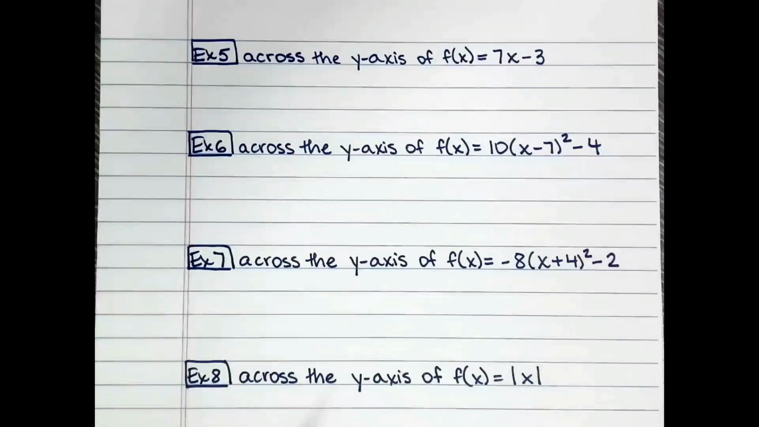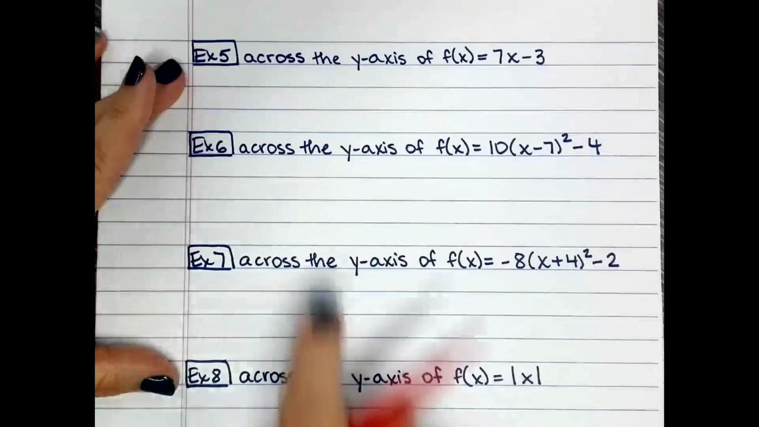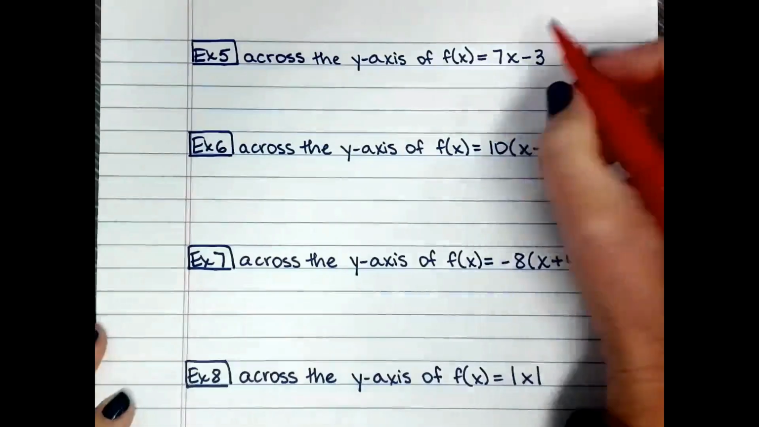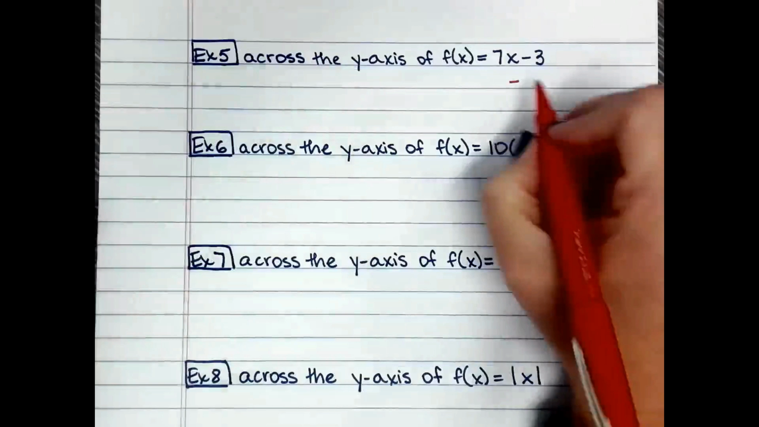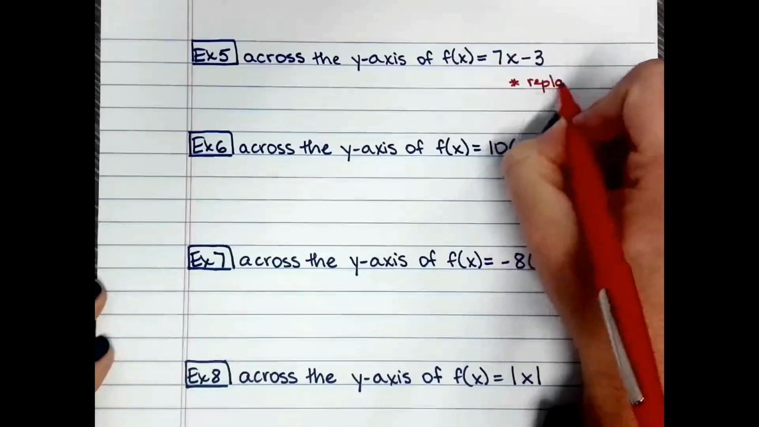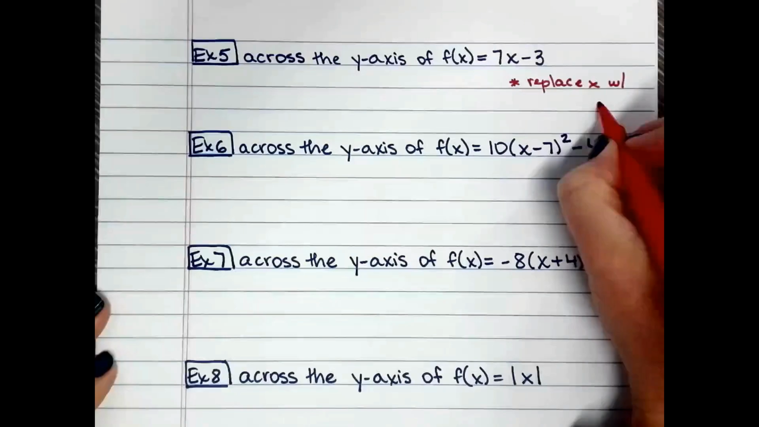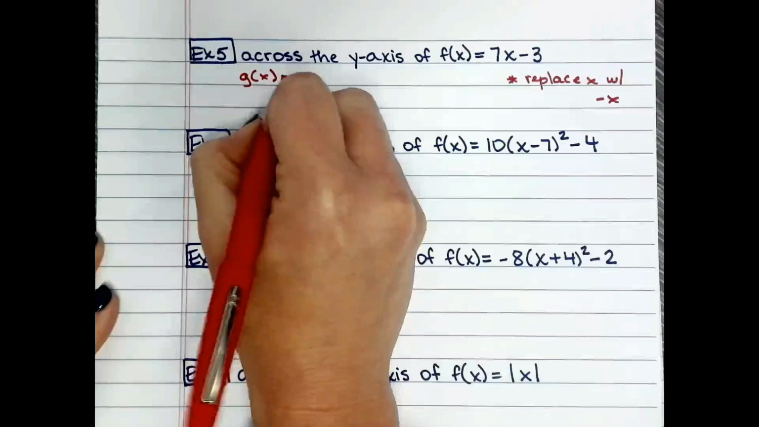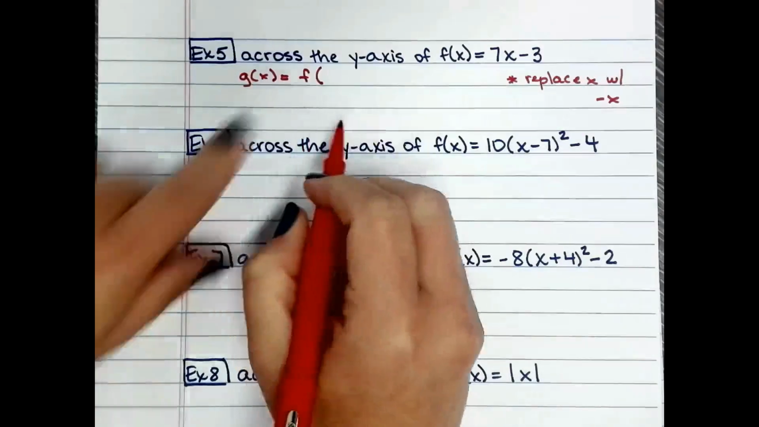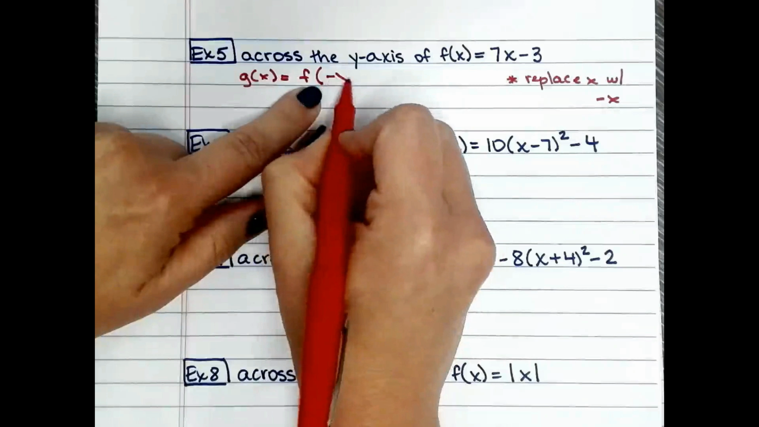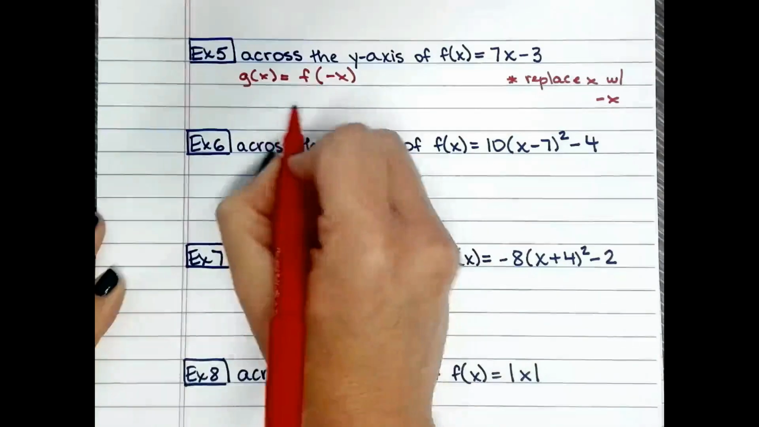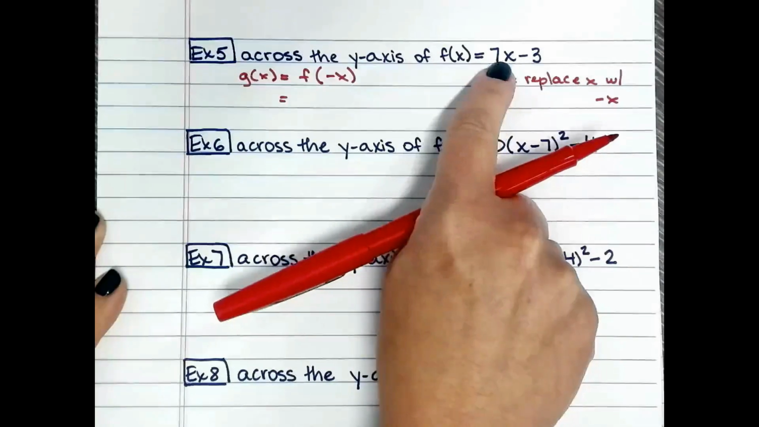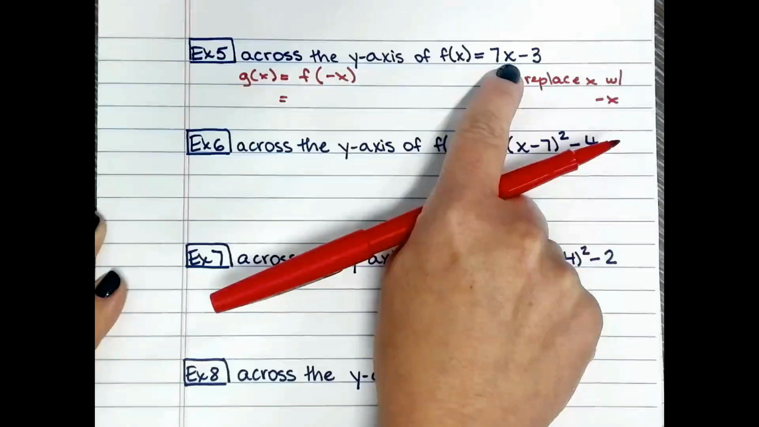Okay, now examples 5 through 8, we're doing the reflection across the y-axis. Now, to do the reflection across the y-axis, you will replace x with -x. Okay, so g of x will be now whatever f of x is, but instead of x, it's going to be -x. Okay, so here we go. I have 7 instead of 7x, it's going to be 7 times -x. So that turns into